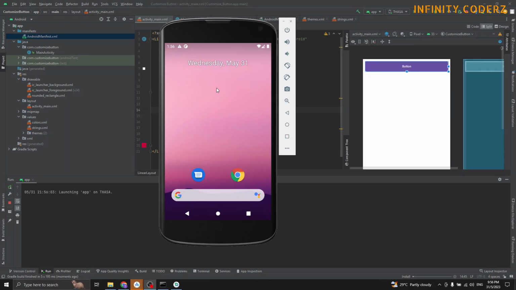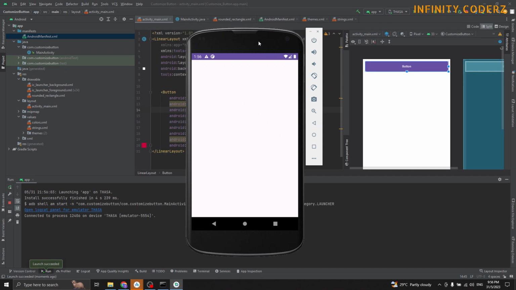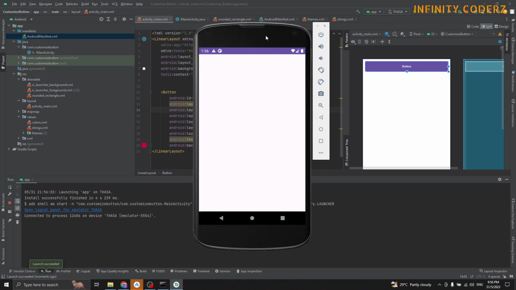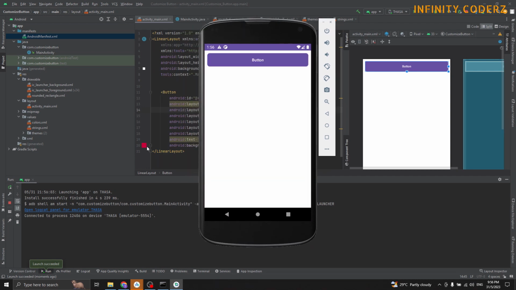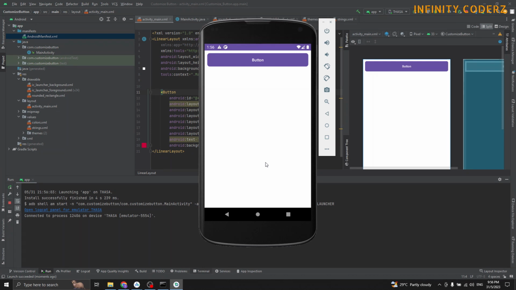Now let's look into it once the installation has been successfully installed. You see that the button that we have created is not matching the color that we prefer, which is red, but the color that is actually shown is a purple color. But the shape is using the Android background, the rounded rectangle, which is the correct shape. So many beginners will get stuck at this point, figuring out how to fix the color